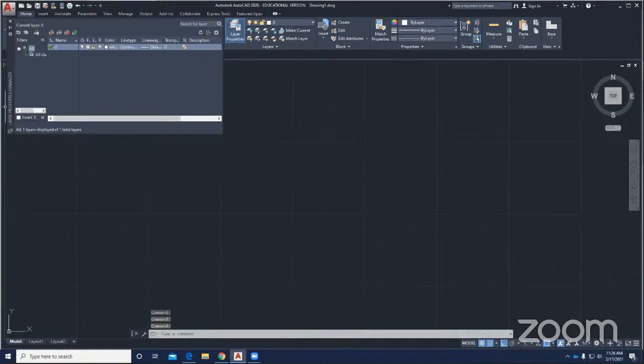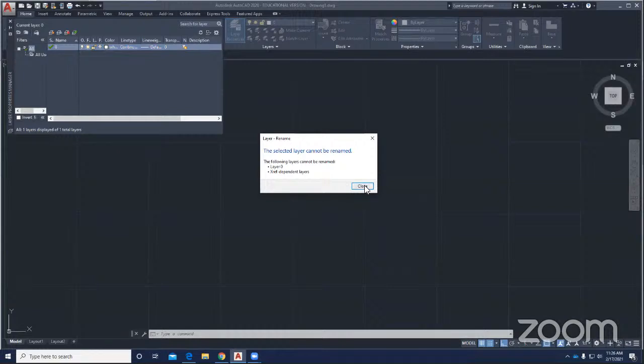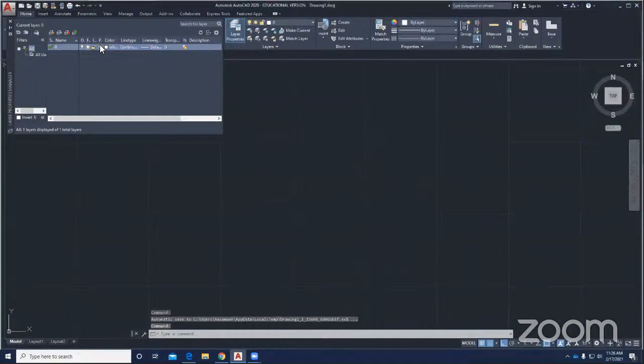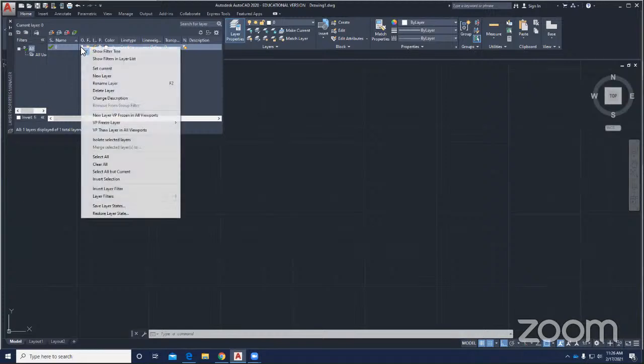That's a problem. So essentially, I am in my layer properties toolbar or drop down menu. And this is my 0 layer. AutoCAD always starts you off with layer 0. It's best to not use layer 0 if you can avoid it. You can use an alternative layer, depending on where you are in life working, they may set it up for you